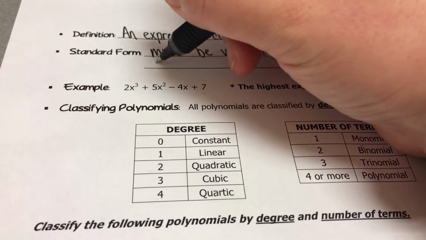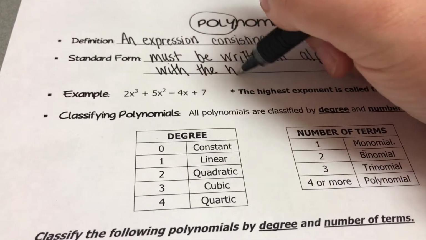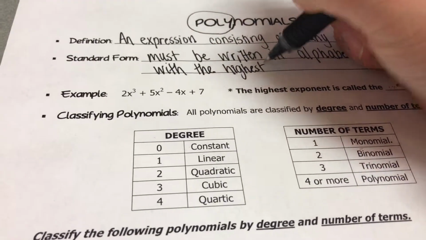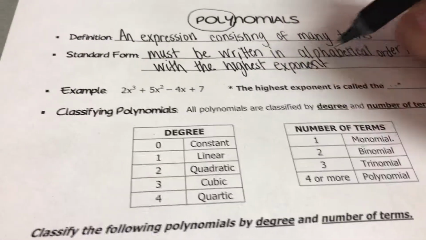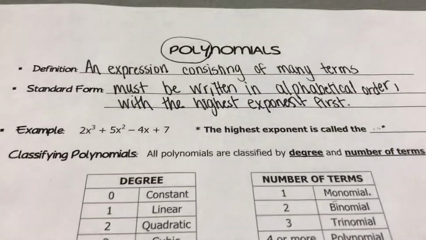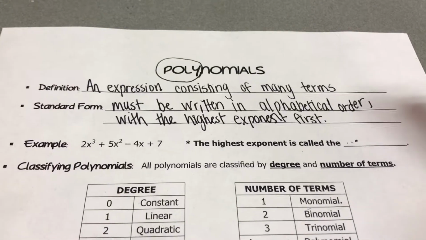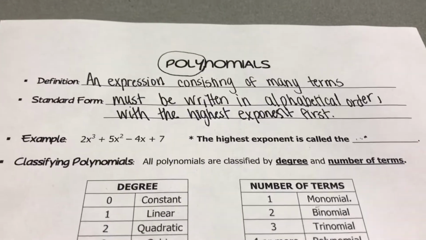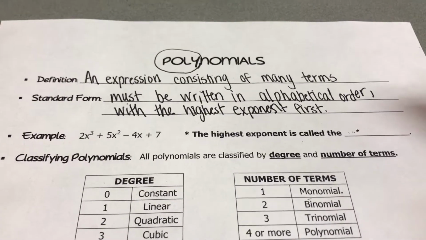So we're going to say with the highest exponent first. It must be written in alphabetical order. So that means if I have x, y, z, x comes before y, y comes before z. Highest exponent first means if I have an x to the 4th power versus an x to the 3rd power,